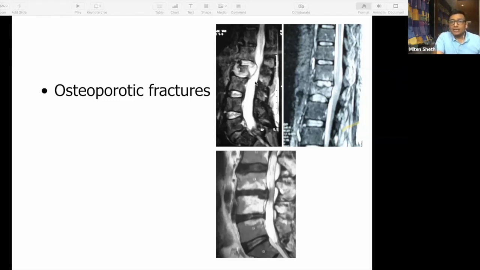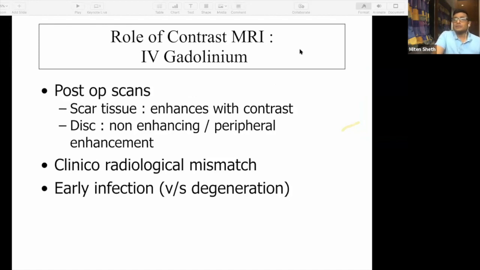But sometimes you will see that it is not in that manner, it is bulging out like a smooth body. Then you have to be suspicious that it could be a tumor and it's not osteoporosis. And sometimes it is just different colors around the disc, which are Modic changes. So these are the three things that you're looking at in these patients. So sometimes you have to differentiate: is it Modic changes? Is it tumor? Is it an osteoporotic fracture? Or is it infection? That is where contrast MRI comes into the picture, wherein you inject a contrast and check it. Whichever are the disease parts, they will all pick it up and light up like a light bulb. Whereas something which is degenerative will not.